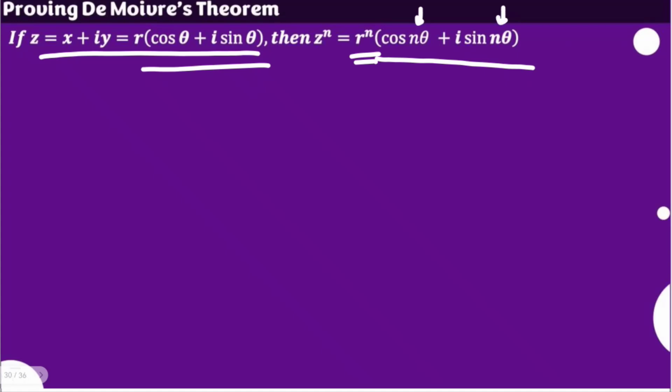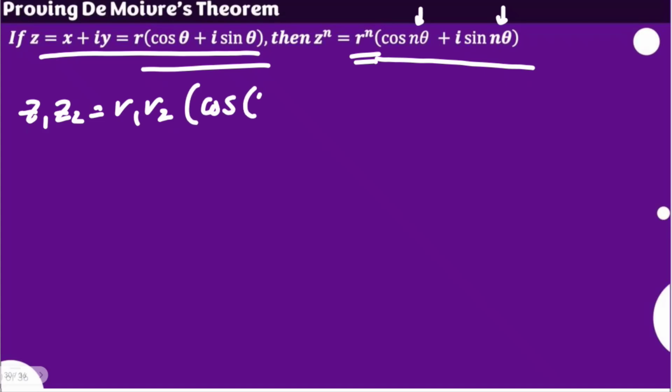Now we have a lot of ways to prove this. The first one I'm going to show here is the induction. I'm also going to provide you another shorter way to prove it, but of course you would also think of the very first video on the De Moivre theorem proof. We talk about the product of the two, z sub 1 and z sub 2, is equal to the product of their moduli. Okay, this is on another video. Please try to review that in your own time.